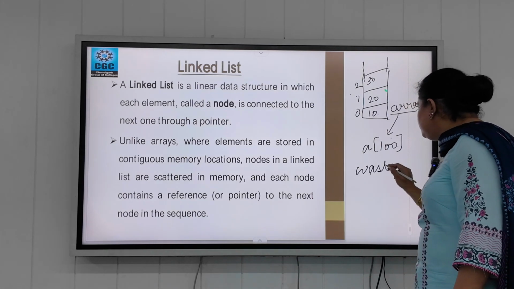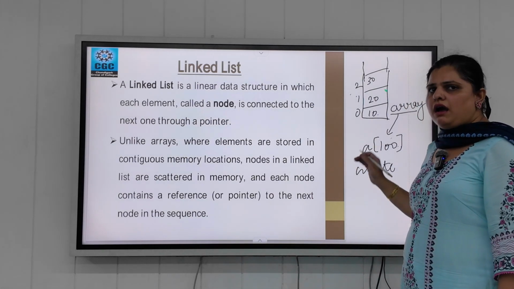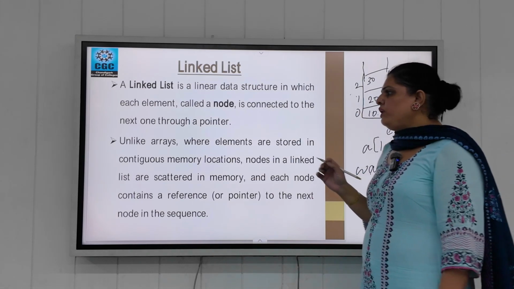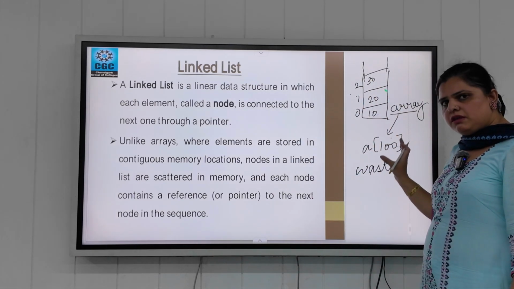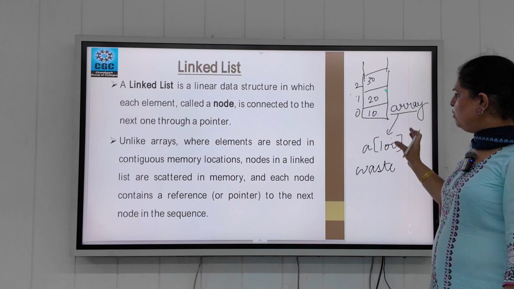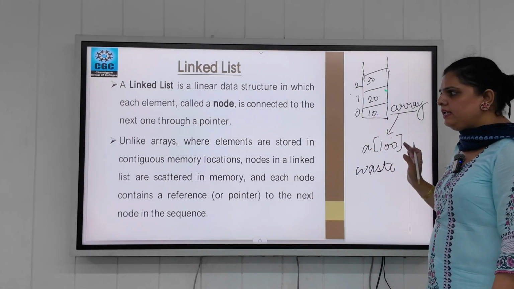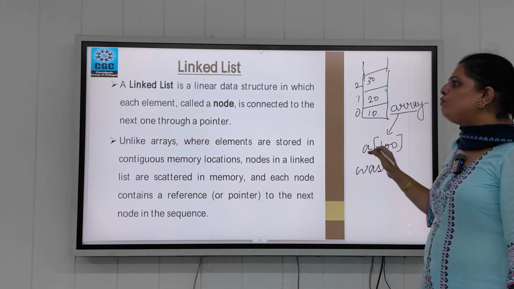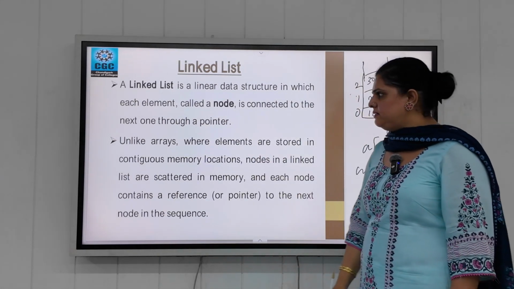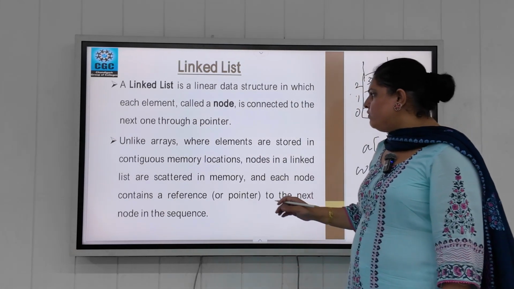So the array will waste memory in our database. If the array keeps this amount of memory, this can slow down the process of searching, insertion and deletion. This can be removed with the help of a linked list. So how does a linked list work?